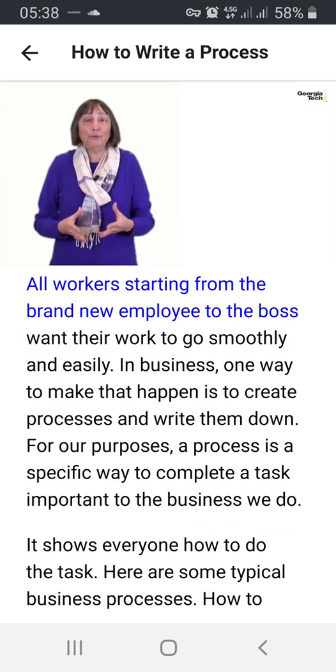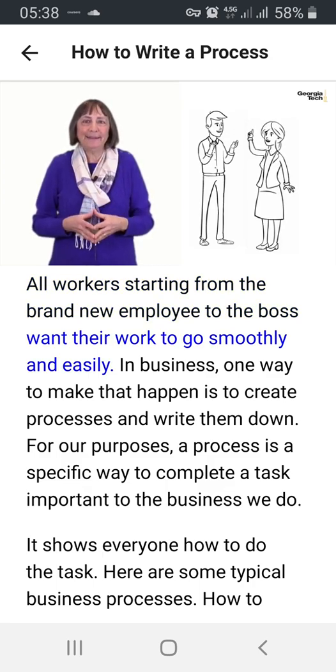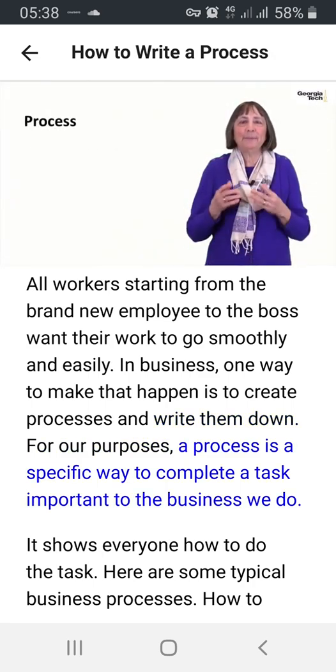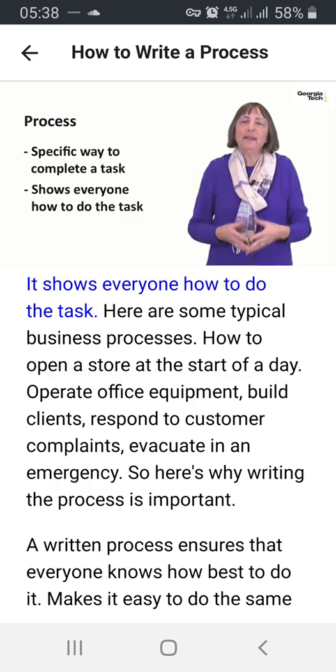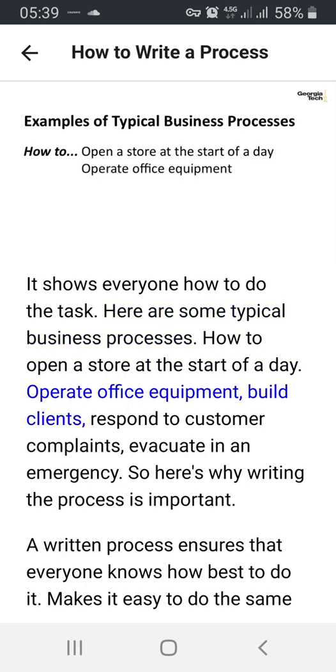All workers, starting from the brand new employee to the boss, want their work to go smoothly and easily. In business, one way to make that happen is to create processes and write them down. For our purposes, a process is a specific way to complete a task important to the business we do. It shows everyone how to do the task. Here are some typical business processes. How to open a store at the start of the day, operate office equipment, bill clients, respond to customer complaints,